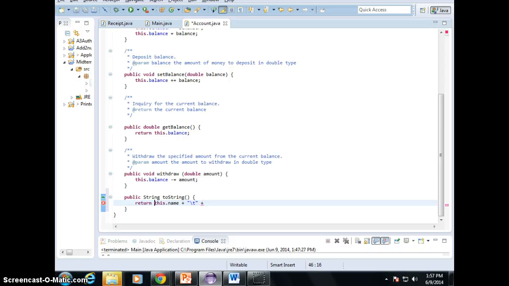If you want to make it nicely formatted, let's say concatenated account name, right? And then the name, maybe just go to a new line, better, right? \n, new line, what we want to say, concatenate back to